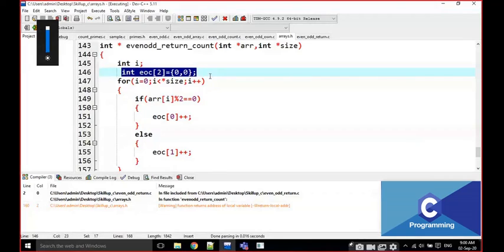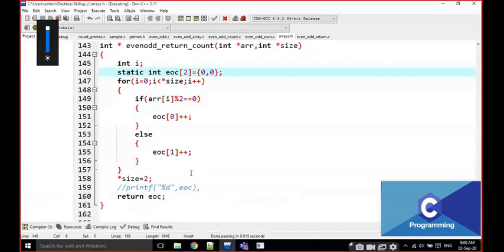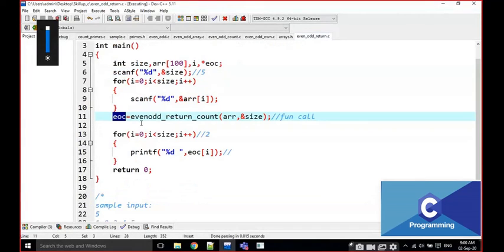A local variable's address is not returnable. That means if it is global, there is no problem. We can write static here. That means the address of this array is going to be global. Automatically it is going to be changed to global. When you go for the static methodology, this local variable's address automatically becomes global. Then if you return any address from here, it is going to be caught here.